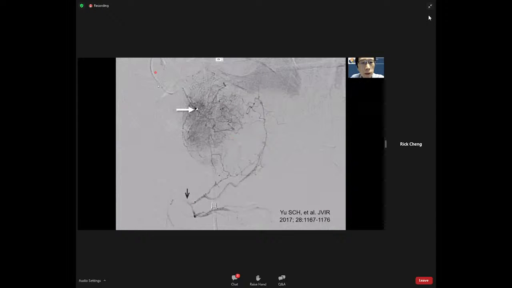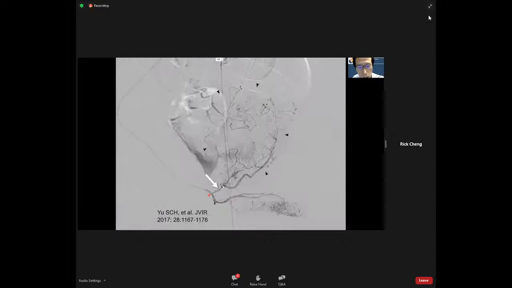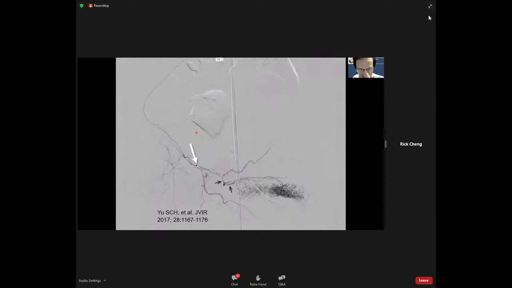Say in this case, the microcatheter tip is over here, the prostate is over here, and the anastomosis. This is the internal pudendal artery, this is the dorsal artery of the penis, and the cavernosus artery. So in this case, we take away the microcatheter and put it into the internal pudendal artery like this. Then we do the embolization from this side first to embolize all this anastomotic branch through the internal pudendal artery before we go back to the prostate artery.